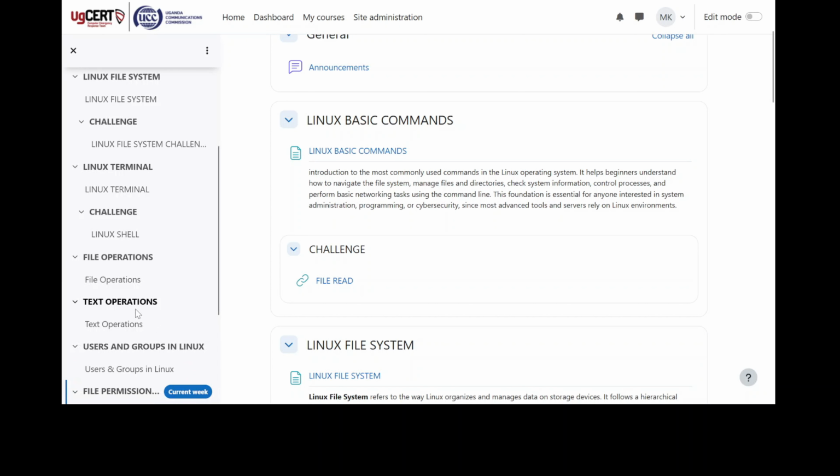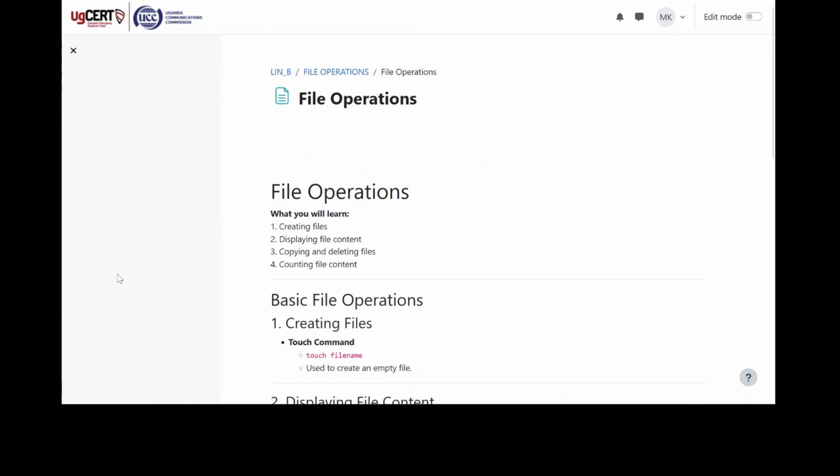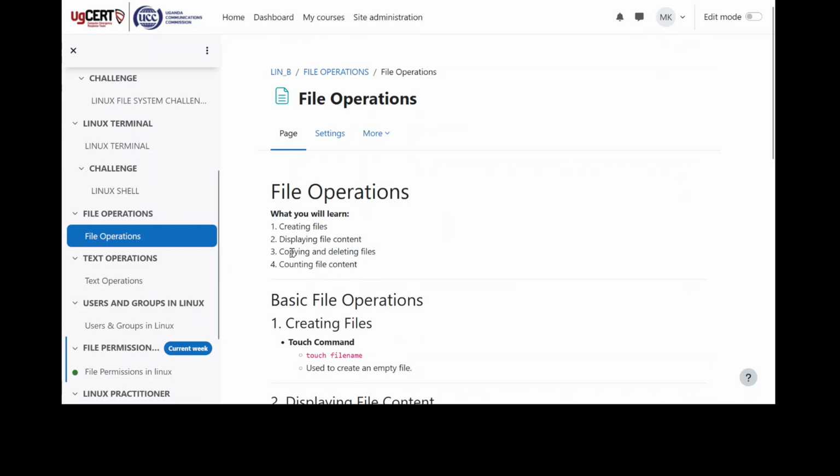So today we shall look at file operations. And why do we learn file operations? We learn file operations specifically to know how to actually